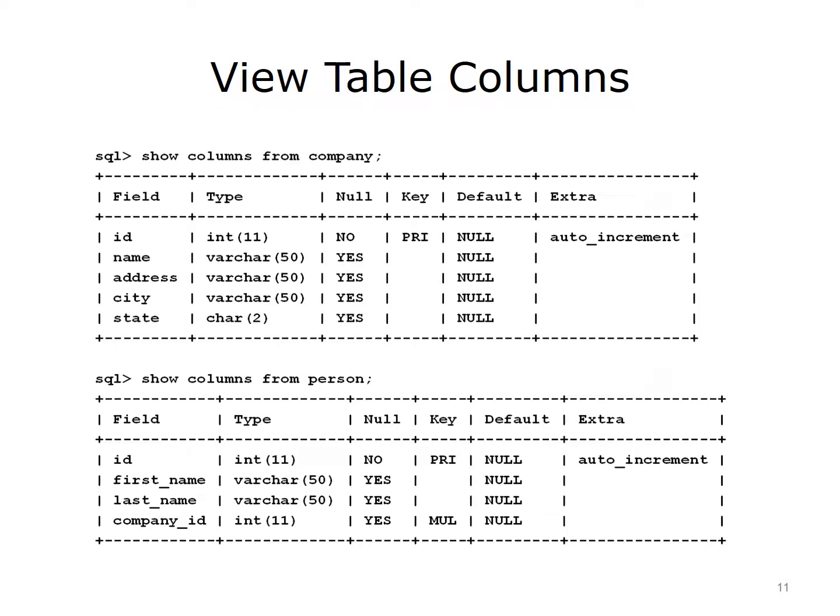To verify the correct columns and data types are in the tables, a show columns from command is issued for each table. Along with displaying additional detailed information, this will confirm that the individual tables have the expected names and data types, and that the primary and foreign keys, which are abbreviated in this table as PRI and MUL, have